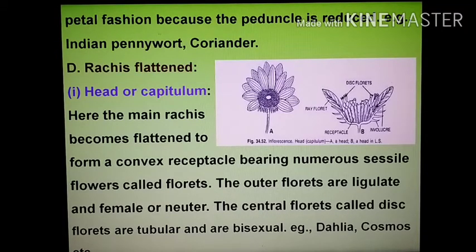They are bisexual in nature, and many of the plants used to bear this type of inflorescence. এটাকে বলা হয় head or capitulum inflorescence, example যেমন ডালিয়া, কসমস, মেরিগোল্ড, ওকে, দেন সানফ্লাওয়ার এক্সেট্রা। এখন আমি একটা কথা বলি, ইট ইজ এ ভেরি ভেরি ইন্টারেস্টিং কোয়েশ্চন ইন দ্য এন্ট্রান্স।